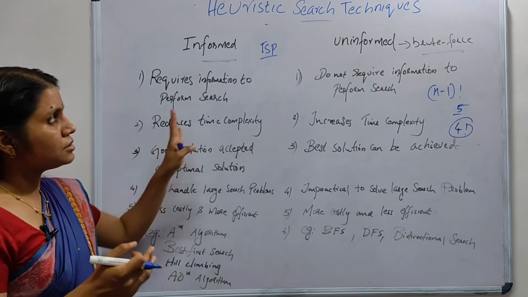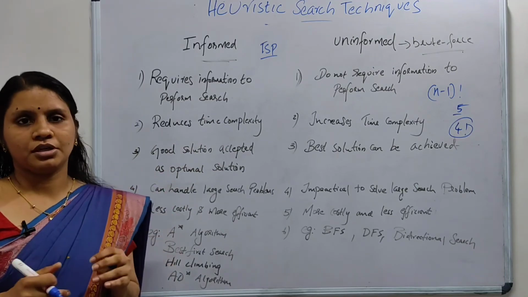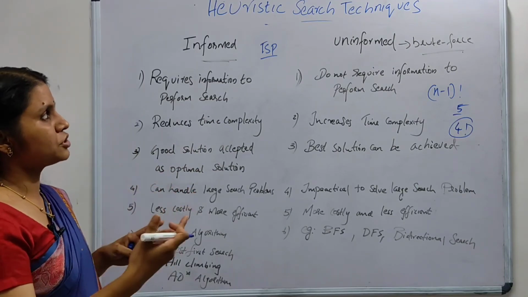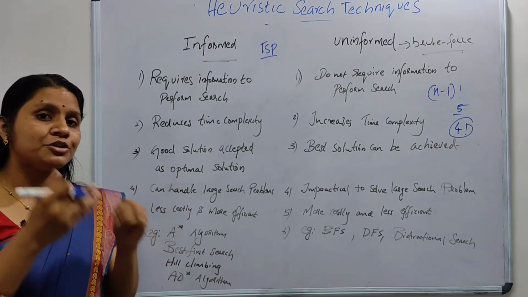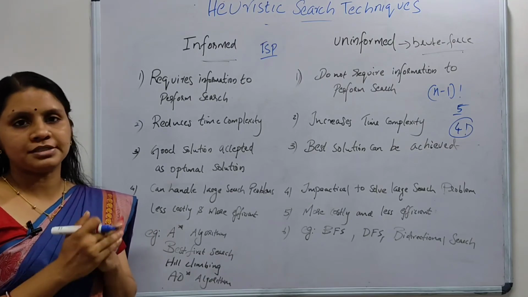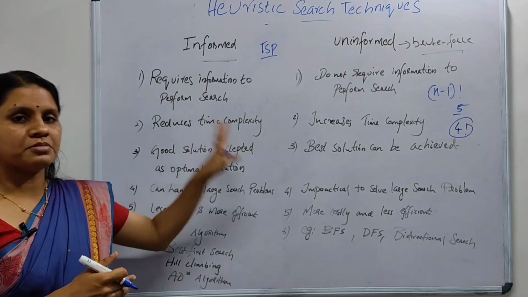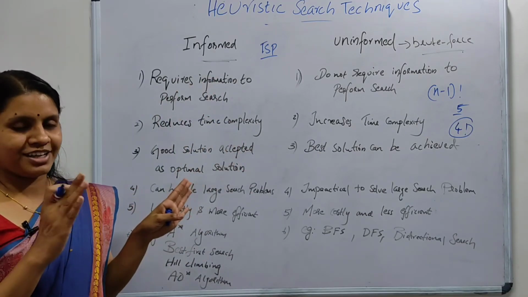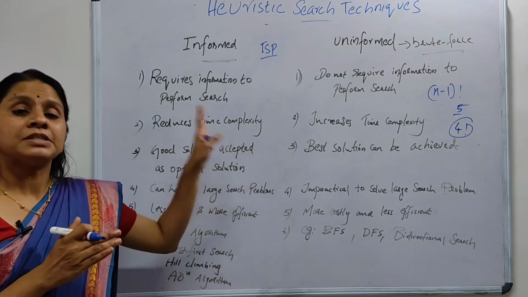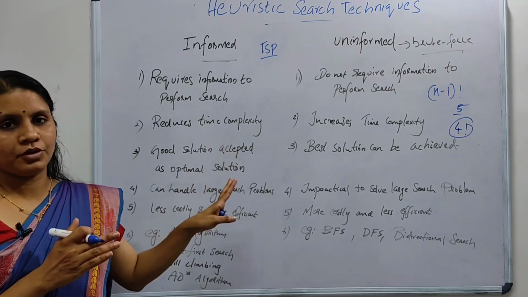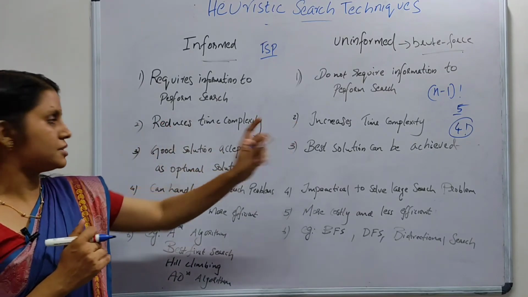This heuristic method is used when the state space has exponential growth. Exponential growth means the problem is said to be non-polynomial. We need to solve the problem in polynomial time, so we need to use the heuristic method, that is, informed search for TSP. Thereby we can reduce the time and space complexity. That is the main difference between informed and uninformed search.